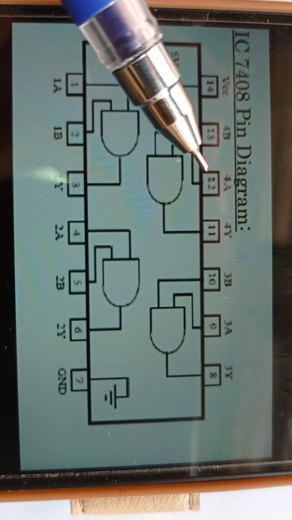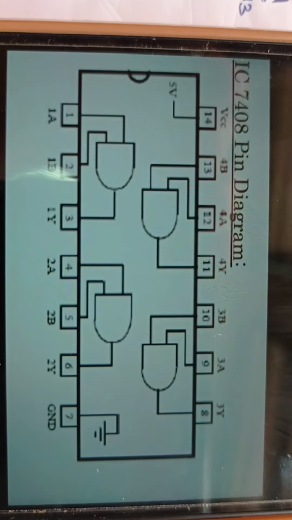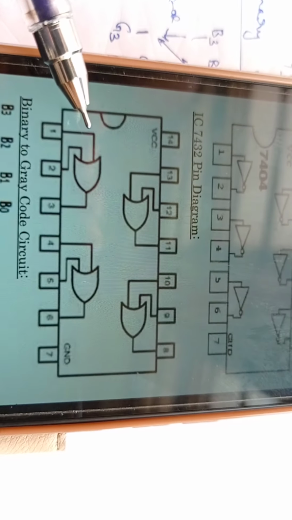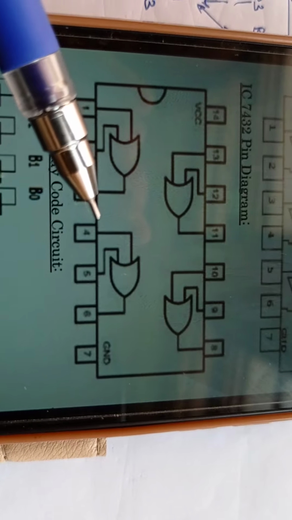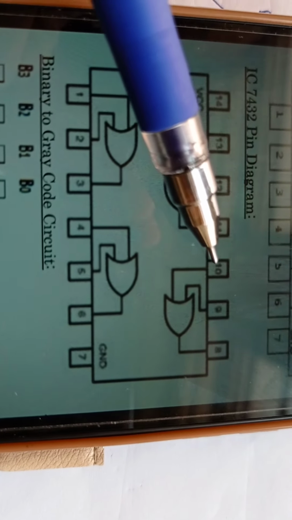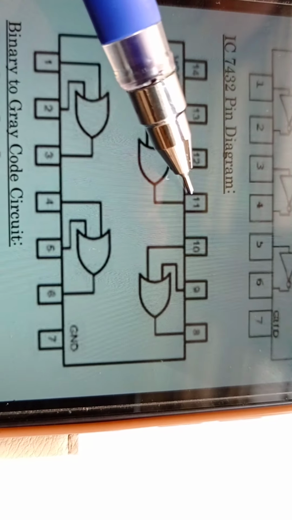Same for 12, 13 as inputs and the 11th pin as output. This is the same for all the ICs, the 14-pin OR gate also: 1, 2 input and 3 output, 4, 5 input, 6 output, 7th ground, 9, 10 inputs and 8th output, 12, 13 input, 11 output, and the 14th pin is VCC.